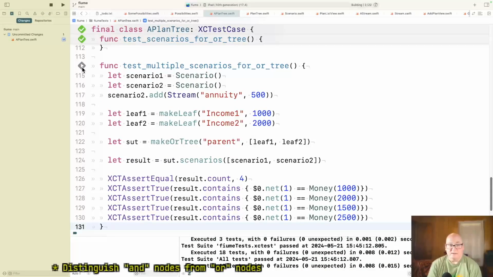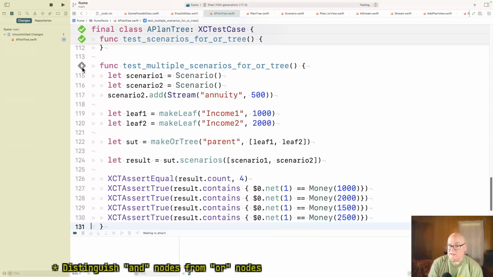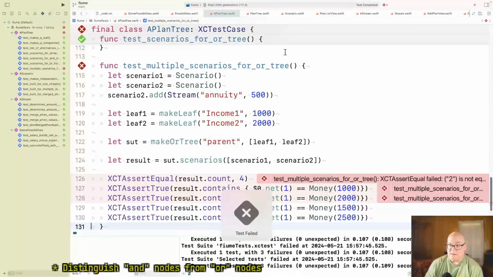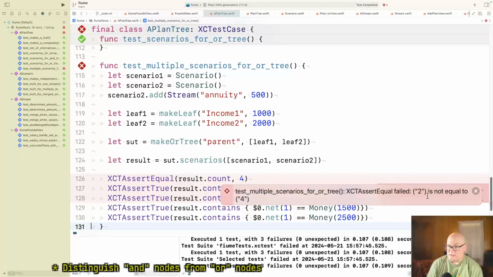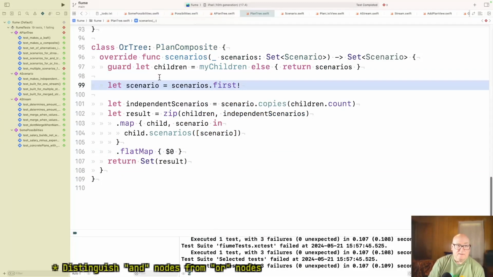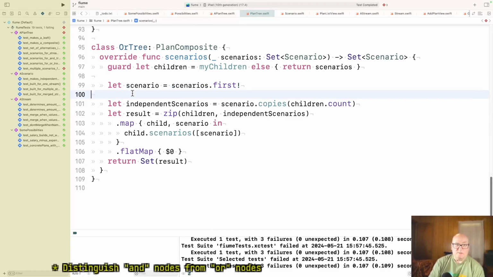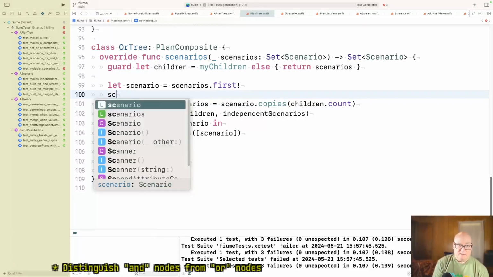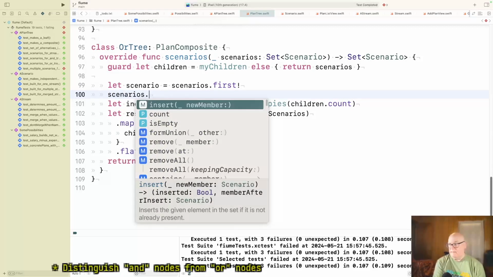The 4 should fail, because our code only assumes once. Okay, yeah, so we took the first scenario and we generated 2, but we don't take the second scenario, because this only does scenarios dot first. Now, I think what we need to do then is iterate over the scenarios. So for each scenario, we're going to generate 2 possibilities. So scenarios dot, and then I guess I'm saying it's a map. We're going to take that scenario and do something to it and produce something.